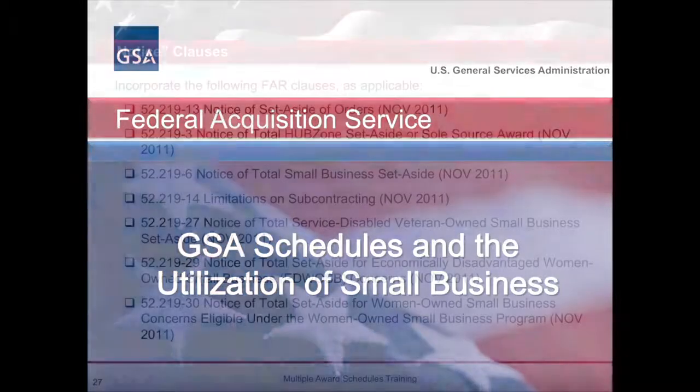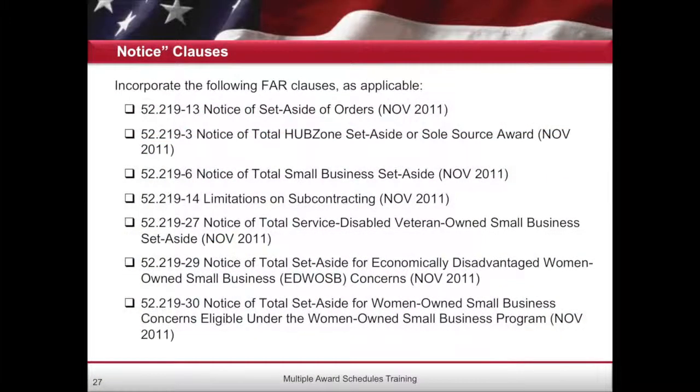So here we got a list of FAR clauses. What is this list of FAR clauses? Well, generally, we're in the process right now of modifying our schedule contracts to incorporate all the clauses needed in order to do a set-aside order. So what I would say, if you're considering doing this, go on to eLibrary, and there's